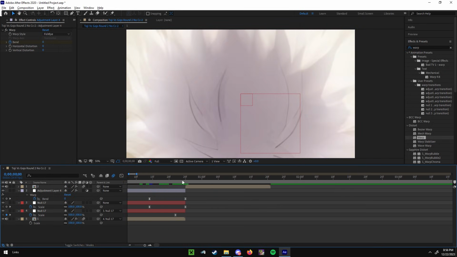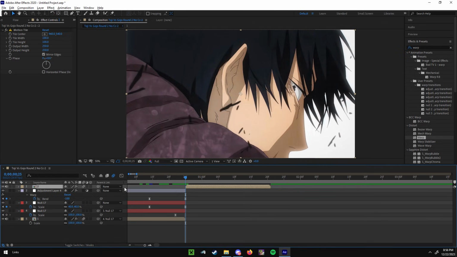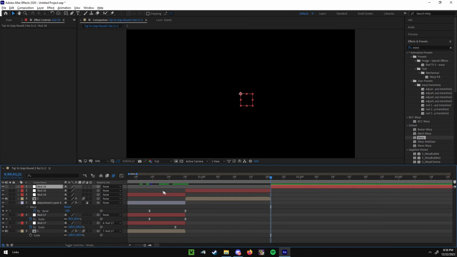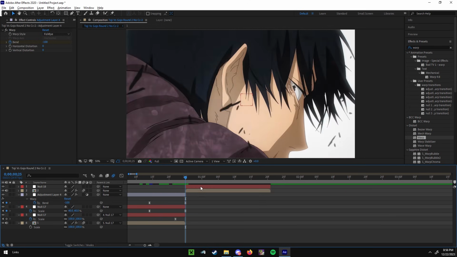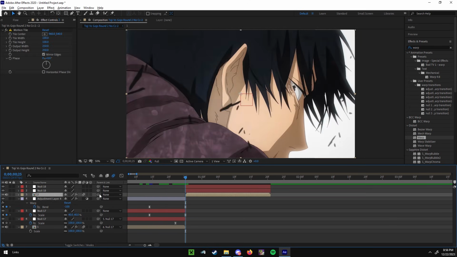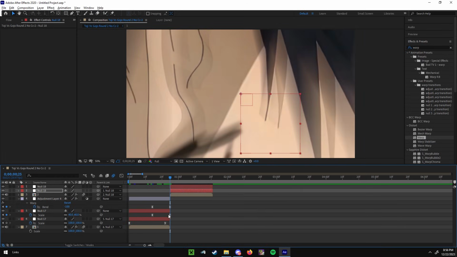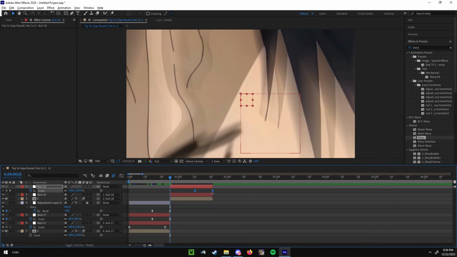Now for the second clip. Once again, I'm going to create 2 nulls, one for each part of the transition. Link them like you did before. And for the sake of the tutorial and making a clean loop, I'm going to copy the keyframes from these nulls and put them here. So now we have this,